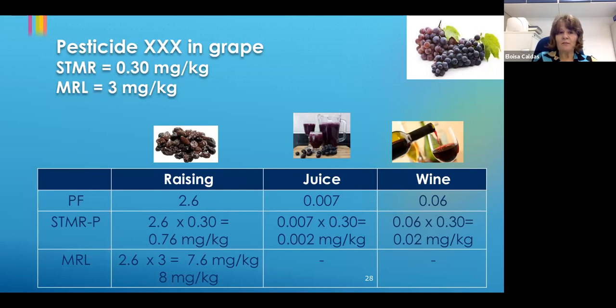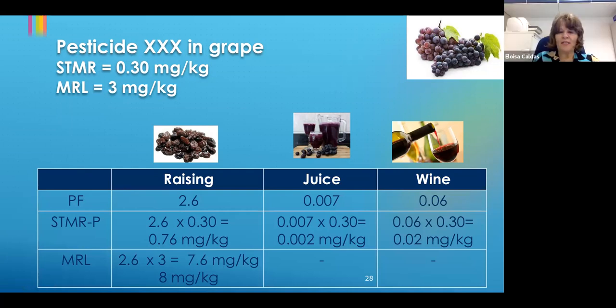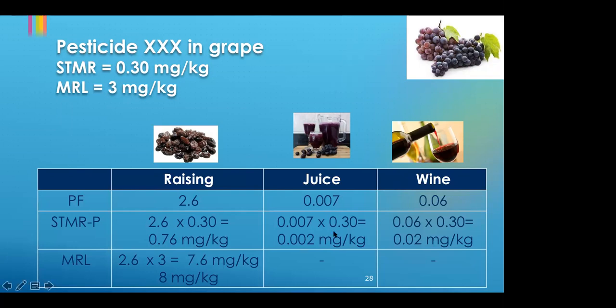This is very important, because imagine if you have an STMR, in this case you really increase the residues in raisin, mainly because during raisin production you lose water. So here you really need a processing factor to reflect the residue in the raisin. For juice, if you did not have a processing factor,